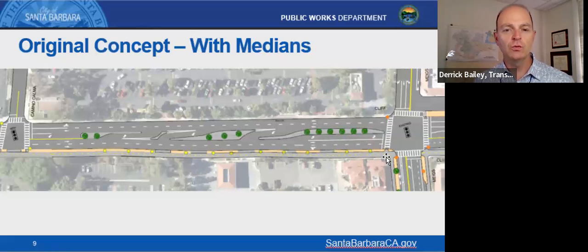The challenge with a two-way path is that there are some really specific safety concerns, specifically that left-turning drivers are not always looking for cyclists on a two-way path. Now, it's not to say two-way paths are bad, but when we get into this area around the shopping center where there's a higher density of busy commercial driveways, that really posed some safety concerns that we were